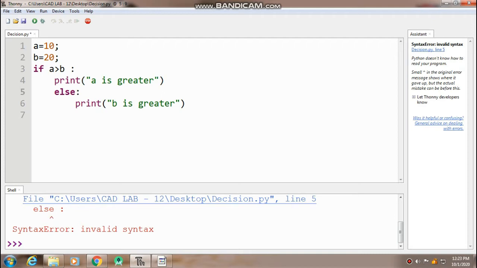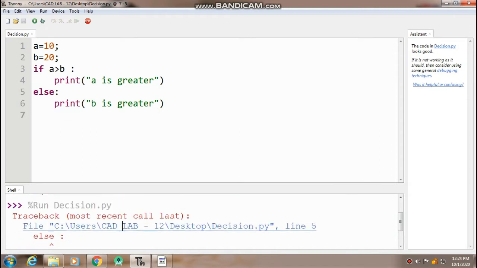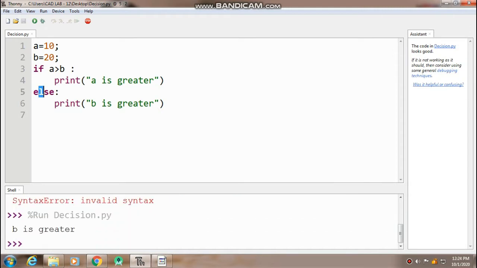let me see what the issue is. Yes, the problem is with the indentation. I have to make sure regarding the indentation. Now you can see it's fine, because else is not part of this if. Previously I hadn't made sure whether my indentation was correct or not. But now, as the indentation is correct, you can see my program is running successfully. So this is our second statement.